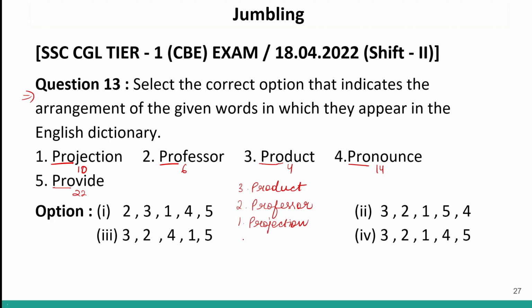After this, the next word will be pronounce. After this, the next word will be provide. The correct logical sequence will be 3, 2, 1, 4, 5, which is given in option number 4. So option number 4 will be your correct answer.